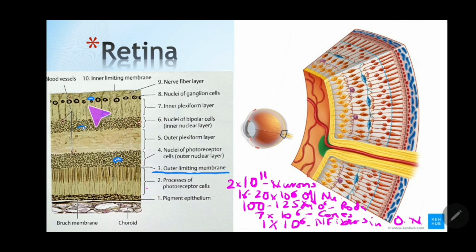arterioles, venules and capillaries reach and perfuse up till the inner nuclear layer, up till the bipolar cells. So up till the inner nuclear layer, the perfusion is from the vitreous side. I'll tell you later about the blood supply of the retina. We'll discuss it later on. Anyway, you have seen the blood vessels, right? So that means the blood vessels also run in the nerve fiber layer, and on the inner surface